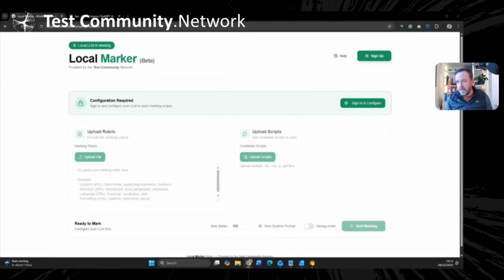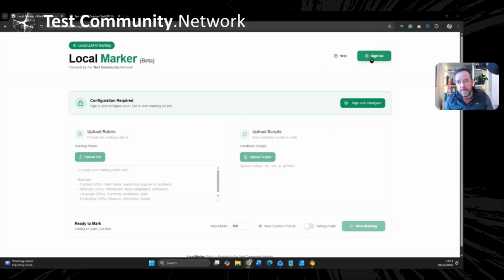So what I've done is I've built this application called Local Marker. This is a web app that's running on the internet through my services. It doesn't store any of the information you provide, but obviously you're transmitting information up to a server, etc. So there's always those kind of risks. So just be careful with what it is you're sharing in there. But I purposely built this so it doesn't store anything.